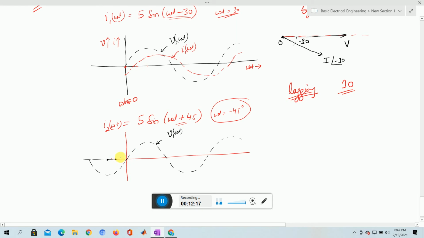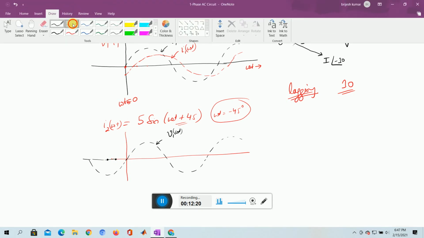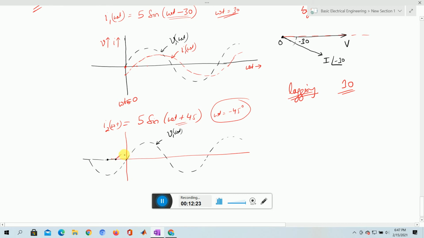So minus 45 degrees you got it. If you draw the minus 45 degree waveform, it will start from here. Obviously it will be like shifting everything to the other side. So you can get a minus 45 degree waveform, and leading. You can get a picture like this. In this way the current waveform is shown, this is the current waveform I2 of omega t, which is given by this equation. Whether it is leading or lagging, we will come to it just now.